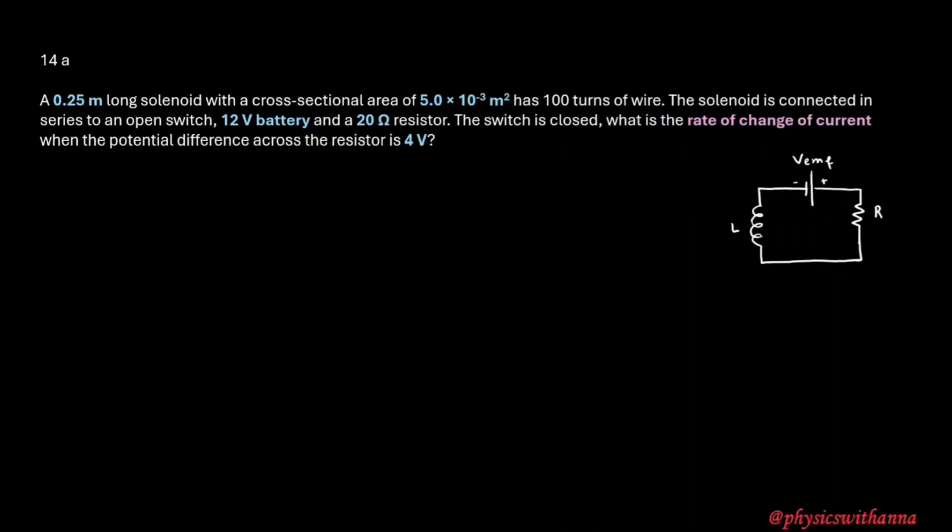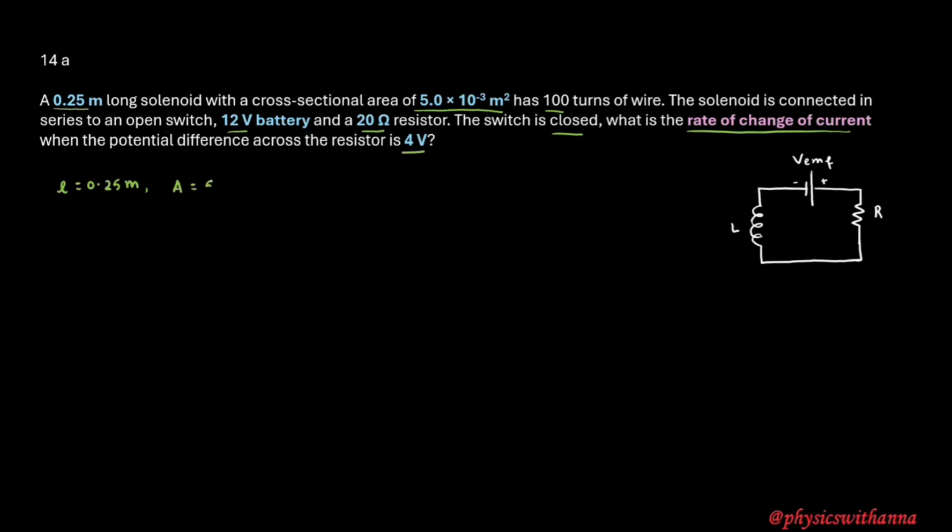Question 14a. A 0.25-meter long solenoid with a cross-sectional area of 5 times 10 to the power negative 3 meters squared has 100 turns of wire. The solenoid is connected in series to an open switch, 12-volt battery, and a 20-ohm resistor. The switch is closed. What is the rate of change of current when the potential difference across the resistor is 4 volt? So here in this question, we have a solenoid that has a length L of 0.25 meter, cross-sectional